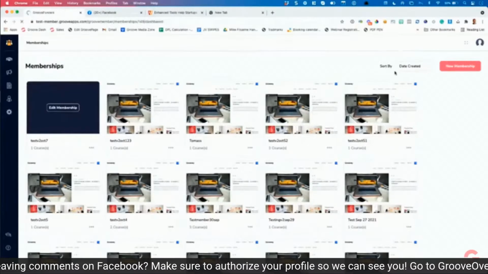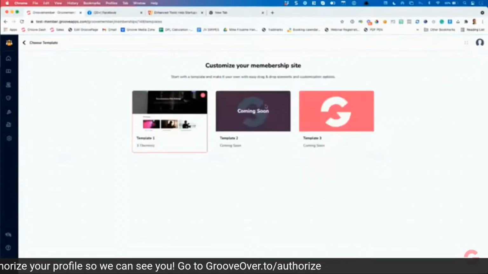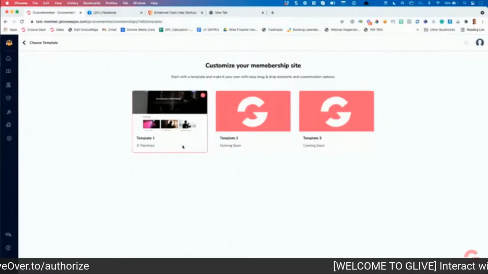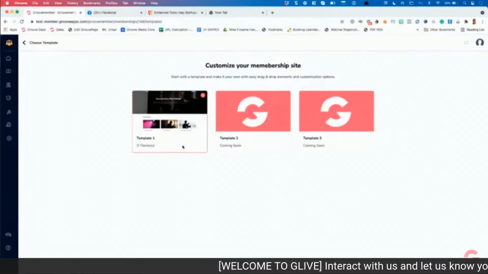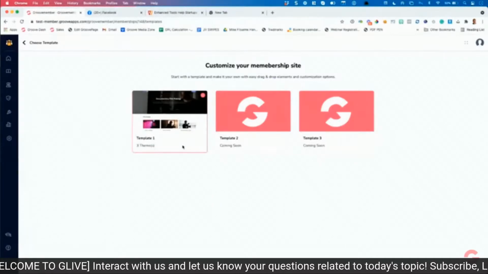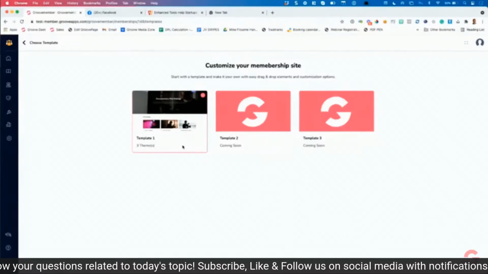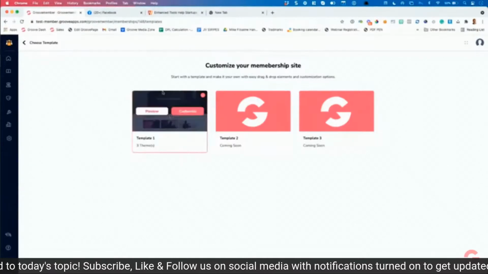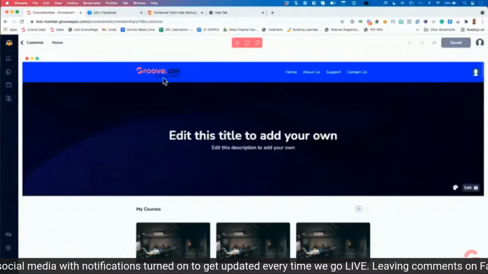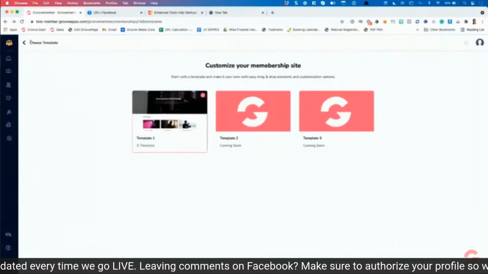So I'm going to edit this membership. And so this is where I can customize my membership. And here I choose different themes. So we're going to come out with 3 different themes, but we're going to have, I'm teasing, but if you can imagine, there'll be a theme called Grooved In, and that's like the LinkedIn Learning, which used to be Linda. We will have Groovejavi. We will have Groovific. We will have Groovable, which will be like Teachable. So if you like the look of a certain thing, it's now just a theme. Nice. All right. And then once you have the theme, you can actually then later go in and customize all of the background colors and everything like that. The way this looks responsive, incredible. But let's get to the more exciting stuff here.